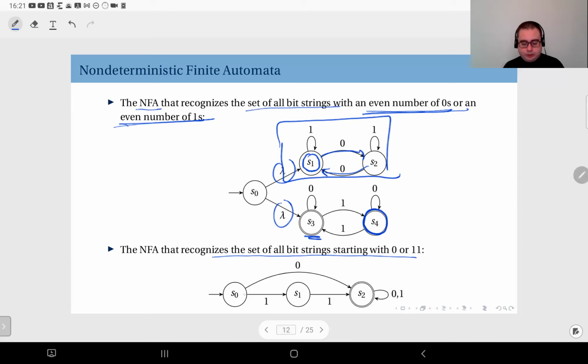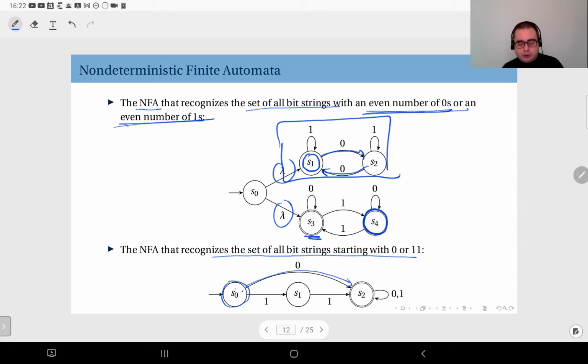For instance, from the initial state S0, with a 0, I go to my accepting state. And with a 1 and another 1, I also go to my accepting state, in which I stay with any further input. But you see, the